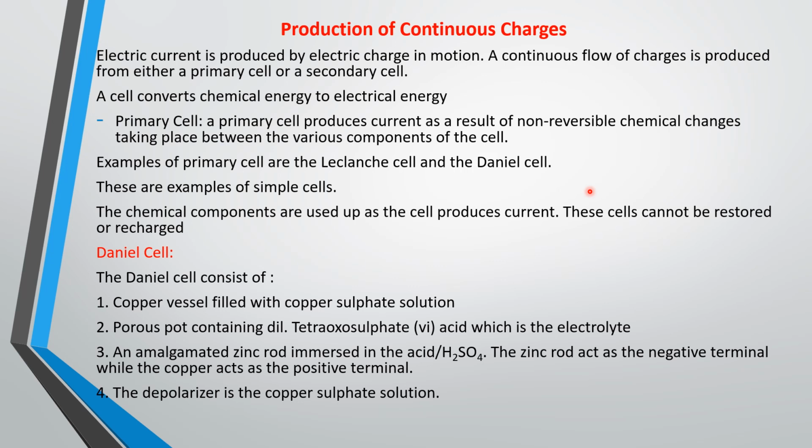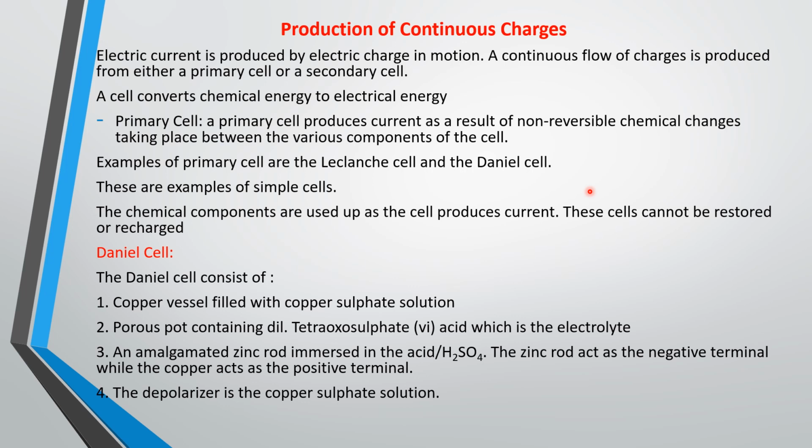If you want to produce electricity from your simple battery, just connect the positive terminal to the negative terminal, then connect a bulb to the setup and then close the switch or close the circuit. You see that the bulb will light up, right? That is just the chemical energy that is stored in the battery that you are converting to electrical energy. And for a primary cell, with time, as the chemical energy is working and giving you light, the chemical in the battery cell is being used up, and before you know it, the light that is producing will start to dim.